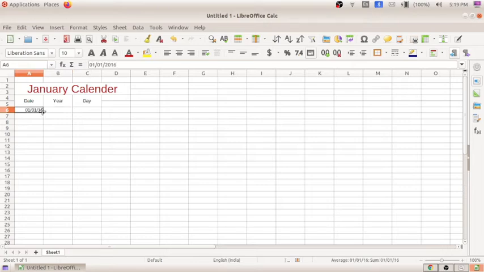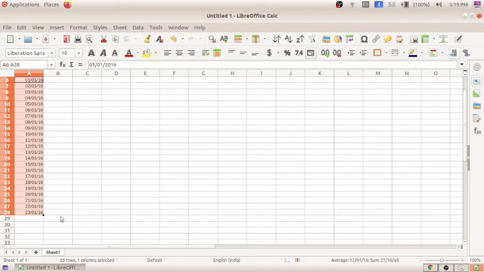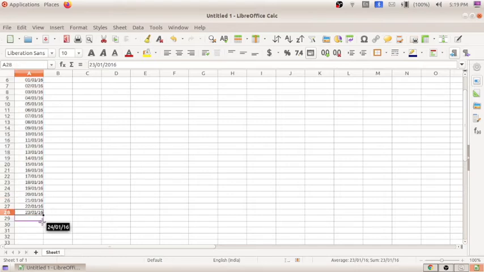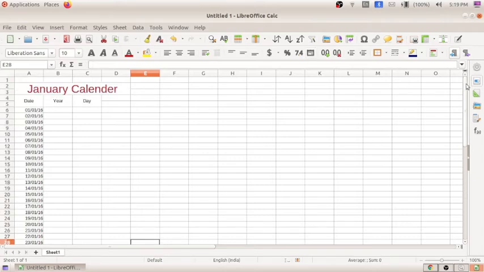So when I use the fill handle over here, now it is only up to 23, we have to go to 30. So when I use the fill handle tool, did you see the dates automatically came?